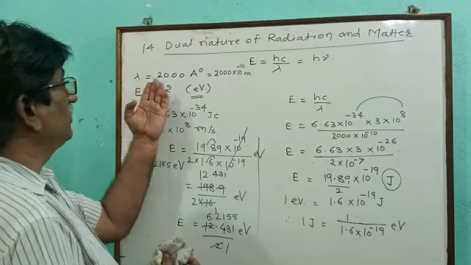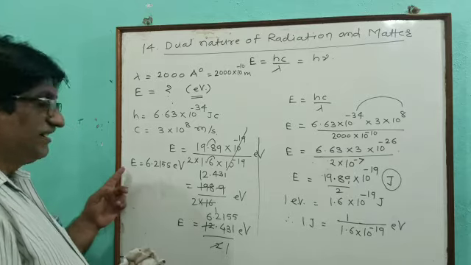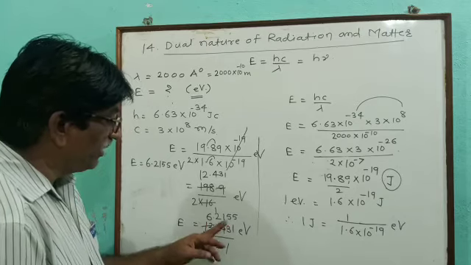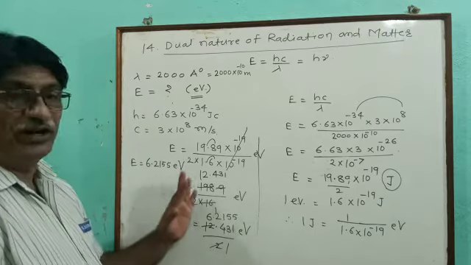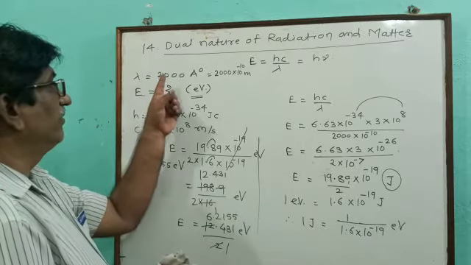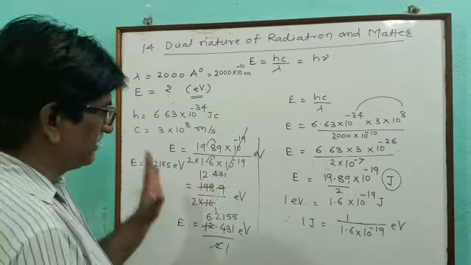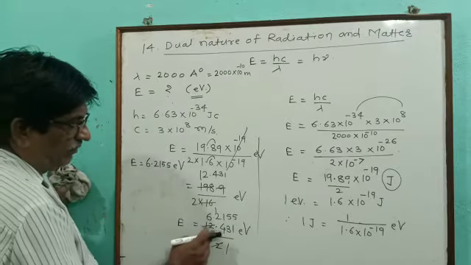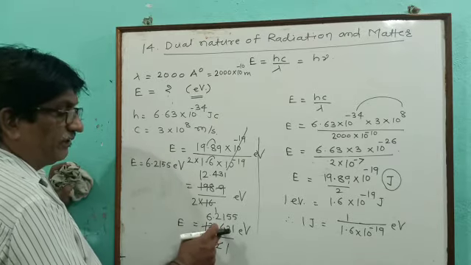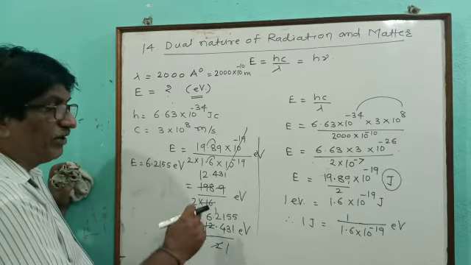If wavelength is 4000 angstrom unit, then we can solve this energy in electron volt, that is 12.431 divided by 4, that is 3.1 something. If wavelength is given as 5000 angstrom unit, then we put the values and solve in a similar way. Here 12.431 divided by 5, 5 2 the 10, 2 is remaining, 24, 5 4 the 20, means 2.4 something.